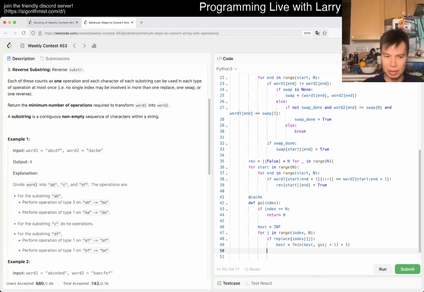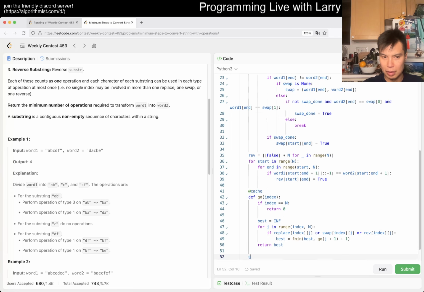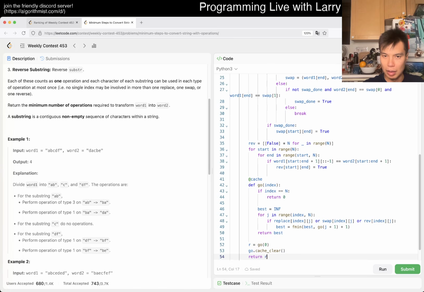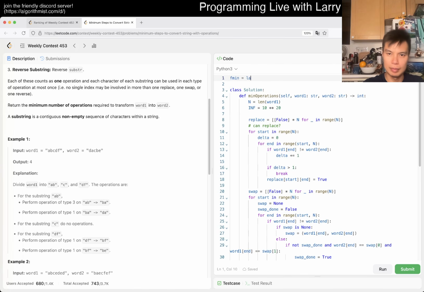That's why I was confused. As one operation, and then if swap of index of j, I guess this is actually all the same, right? Or reverse, and then that's it. And then yeah. And then the answer is